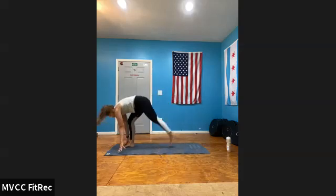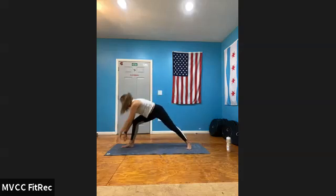Inhale, hands to heart, hold it here, final breath. And exhale, release, fold forward. Inhale, halfway lift. Exhale, we fold, plant the hands, step back with your left foot, warrior two, heel to arch,